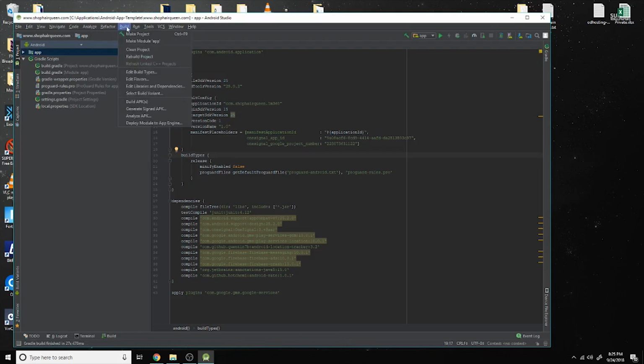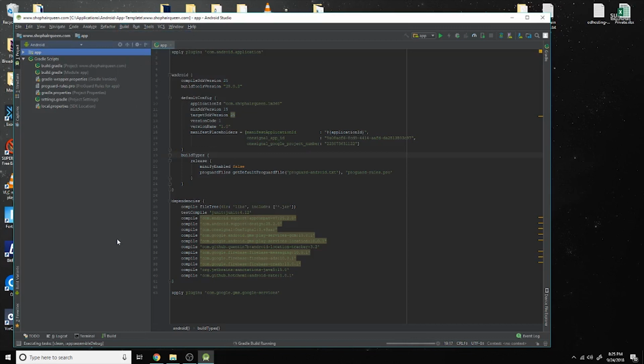Okay, so we cleaned it. So let's go to build and rebuild. Awesome. So we rebuilt the project. There's been no errors. So we have solved the very first issue that we had with the build error and